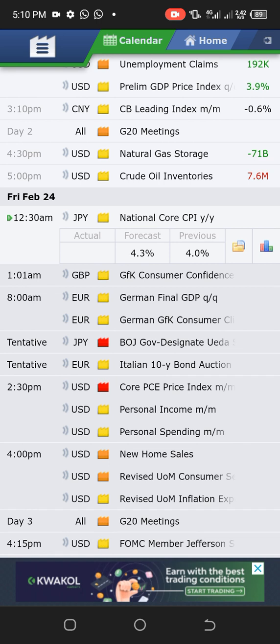Now depending on the type of trader you are, before I go to that, if you are in the market and the news is about to be released, let's say by 12:30, try to protect your profit before the news is released. Better still, if you are in profit, depending on the type of trader you are, take your profit and leave. Else, protect your profit before the news is out.